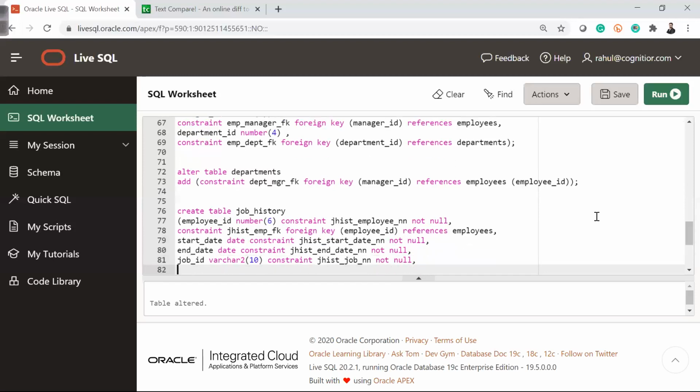Also I'm adding the constraint J hist job FK, foreign key job ID references jobs.